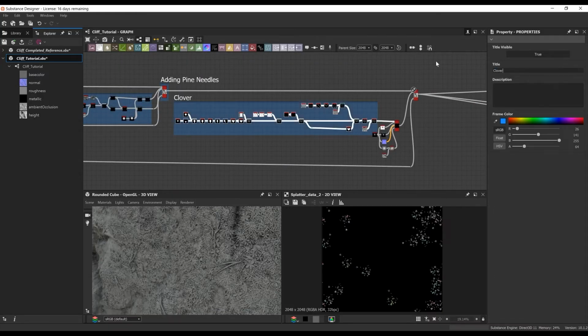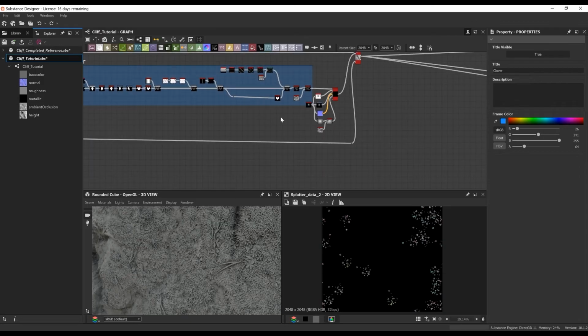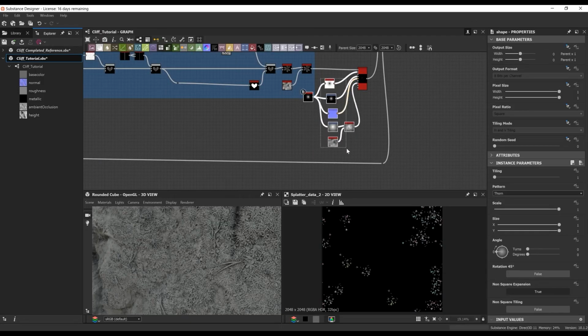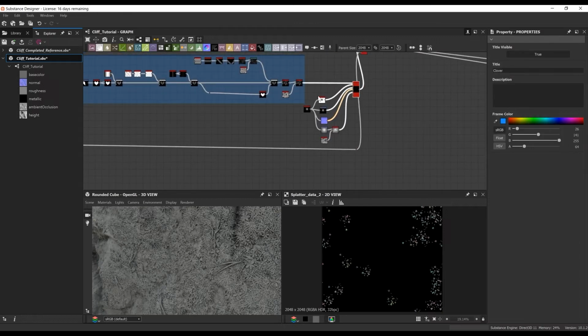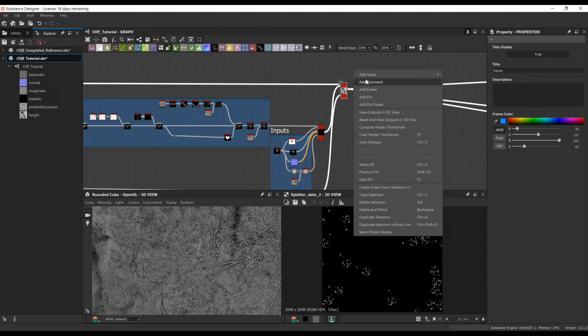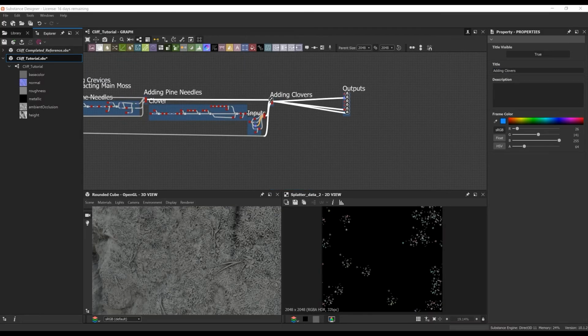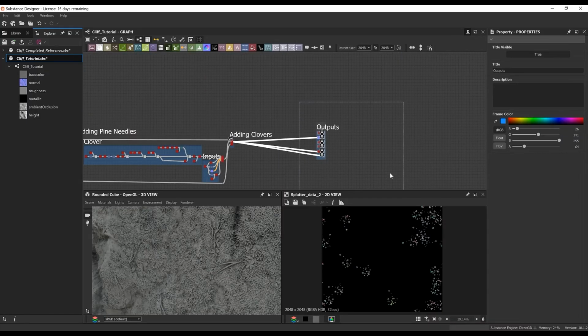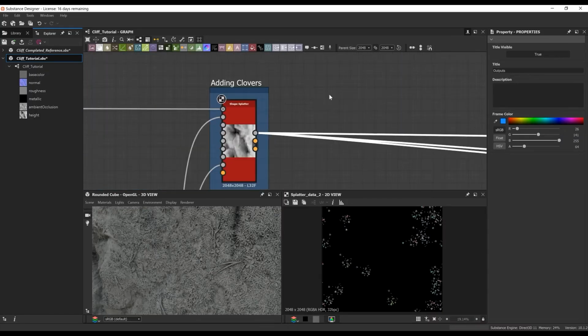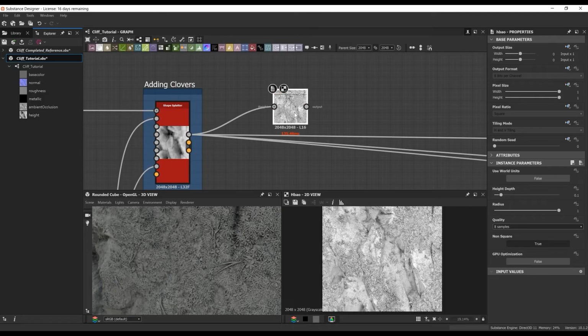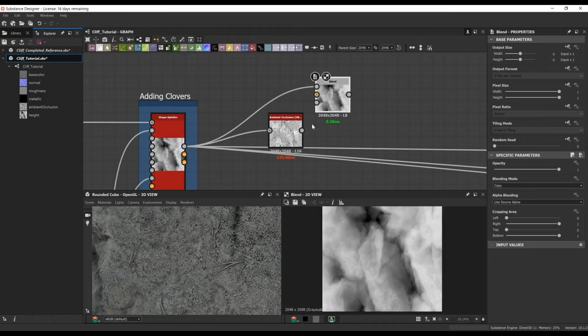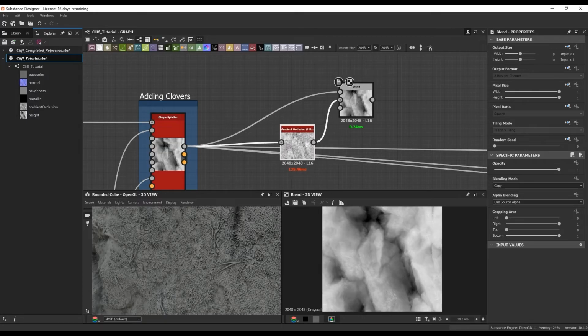So here I'm just adding some frames, again keeping everything nice and neat on our graph. I'm a big believer in keeping your graph nice and organized. I hate seeing spaghetti nodes all over the place because it makes it harder to find where stuff is plugged in when all those connections are going everywhere, and it just makes it less presentable.